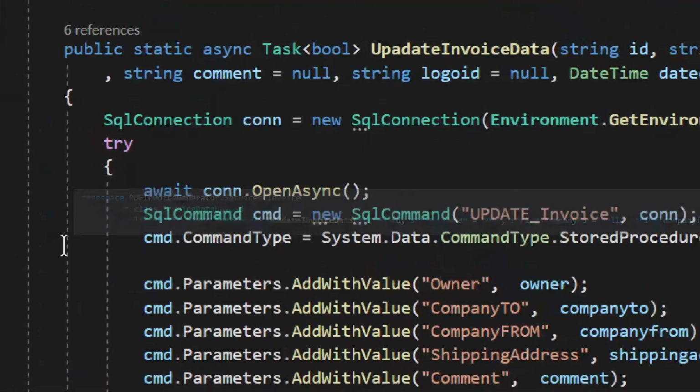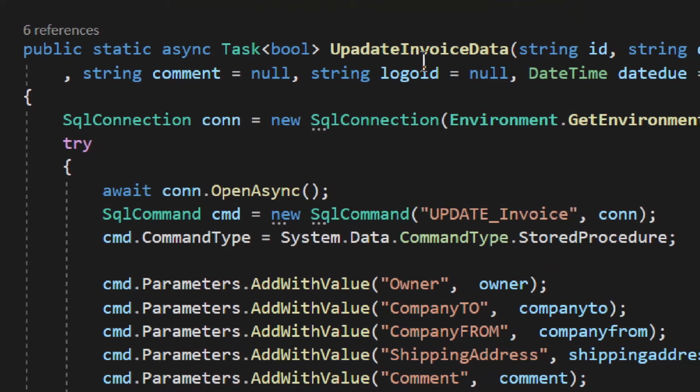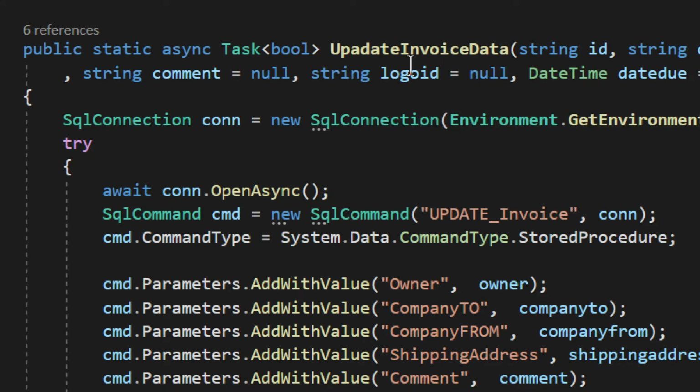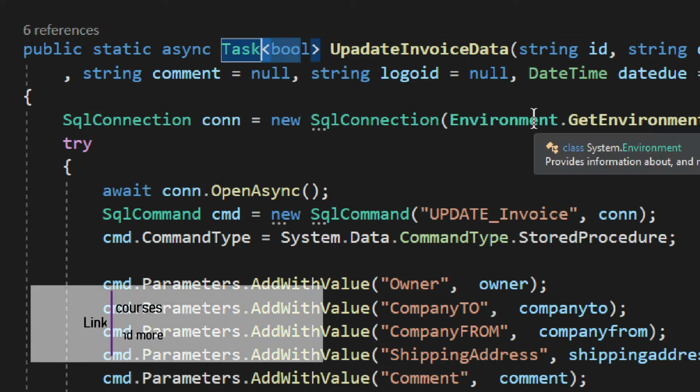So we are now in the invoice data upload class, and we are looking at the update or pay date invoice data. Now I am very well aware that there is indeed a typo right here, and I just went with it because who really cares, right? So I can change it later. Anyways, we have the update invoice data method, it returns a Boolean value, that's all great and good, but